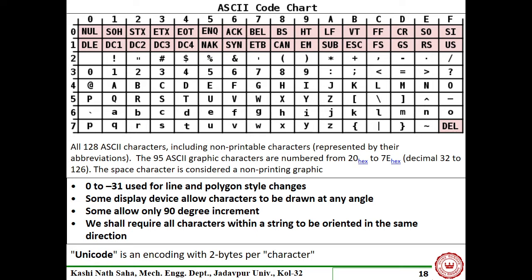Now you see how many data are there? Actually 0 to F means 16. Okay, hexadecimal. Up to this 0 to 9 is 10. A, B, C, D, E, F, so 16. How many rows are there? 0 to 7 means 8. 8 into 16 is 128. So this ASCII code provides you this symbol for 128 characters, right?